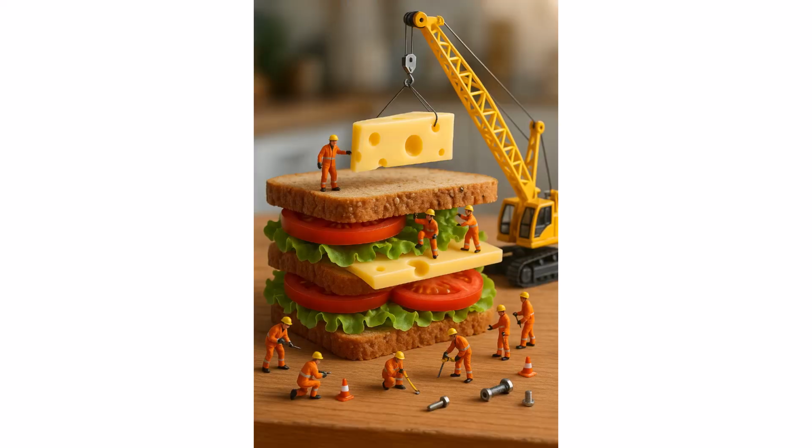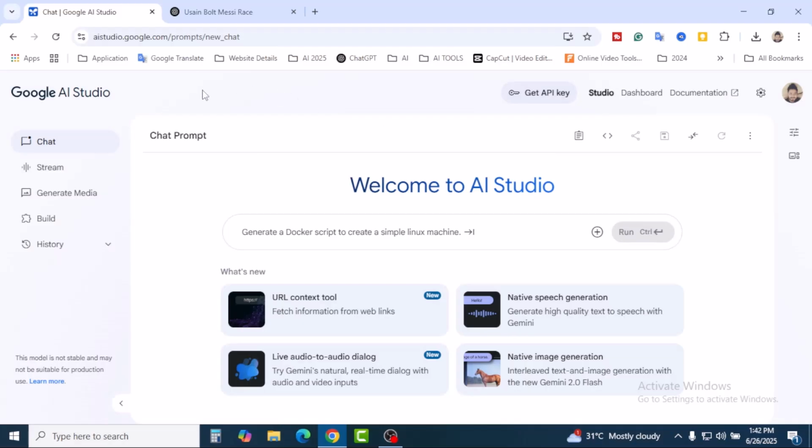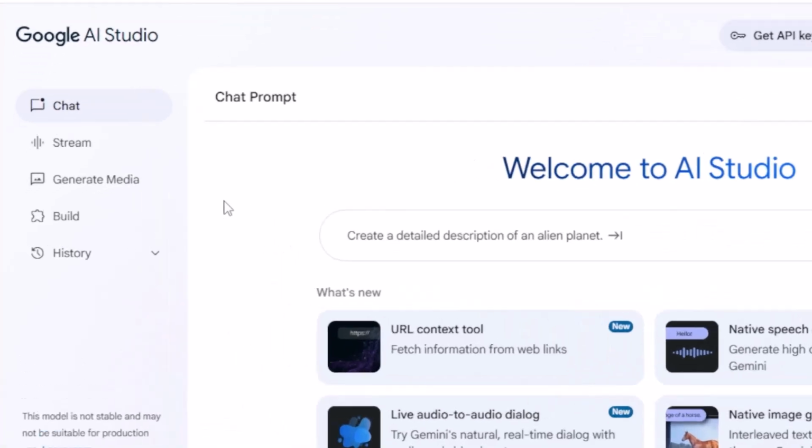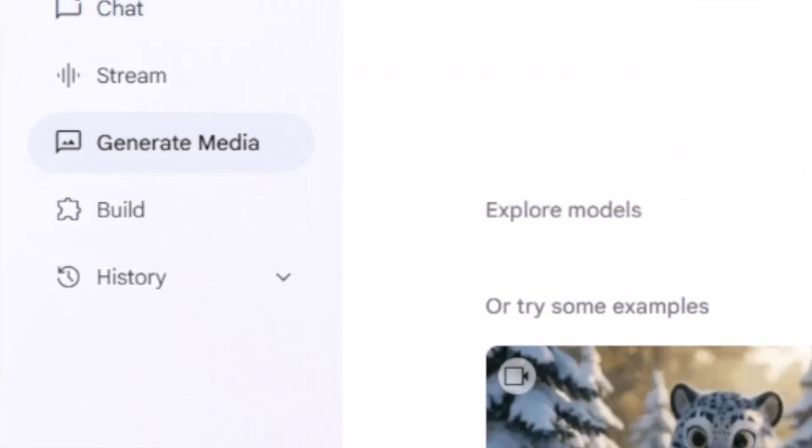So if you are using Google AI Studio for the first time, just search for Google AI Studio on Google and land on this website. Sign in with your Gmail account and you will find the chat prompt, welcome to AI Studio. This is the option where you can chat with Google AI Studio. But if you want to create videos or images, you have to click on generate media,